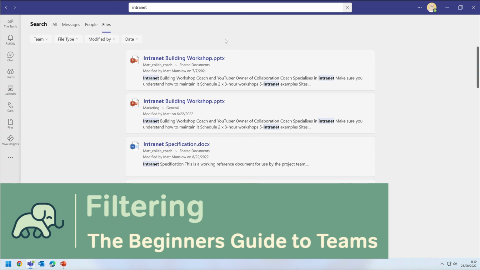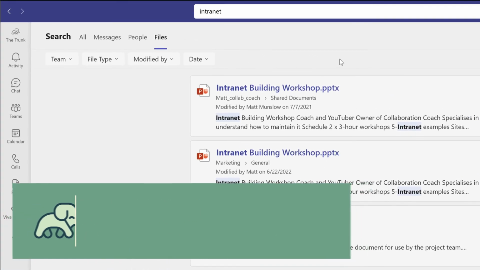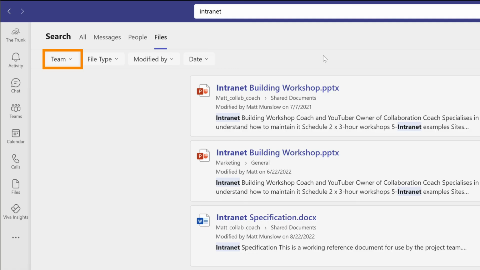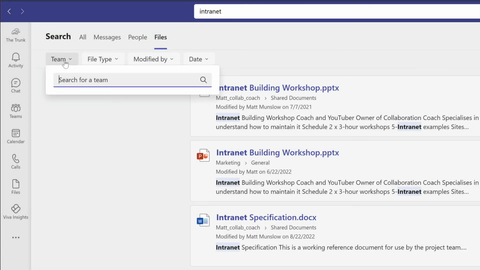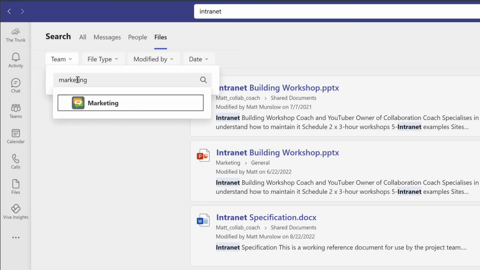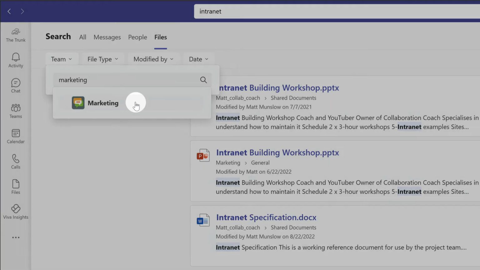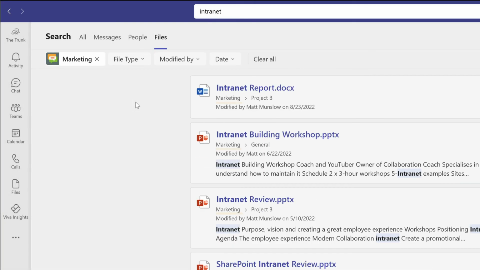When you filter by files, you'll see some more filtering options. For example, by team. I want to filter my results by the marketing team, so I just drop this menu down, I type marketing and then search. Then I can choose marketing and I only see files that are actually in the marketing team. Then I can also filter by type.